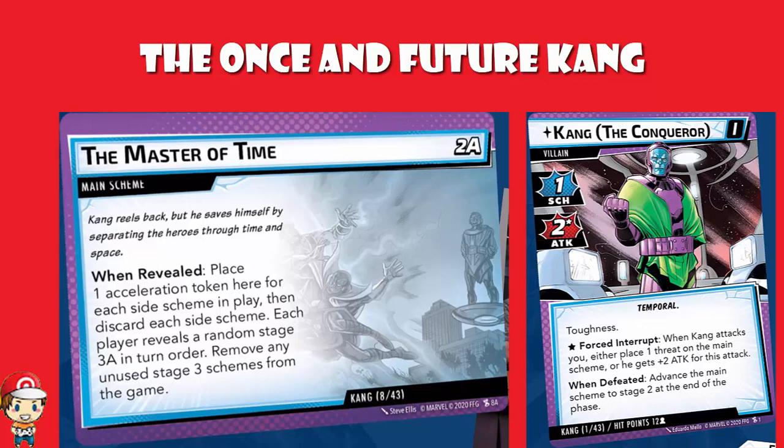But I don't really know how it would work partitioning all the players off if Kang stage 1 was still there. That is slightly confusing to me. But the fact you're partitioning off sounds awesome. We don't actually, unfortunately, have a look at any of the 3A schemes, but we do see Kang Scarlet Centurion,